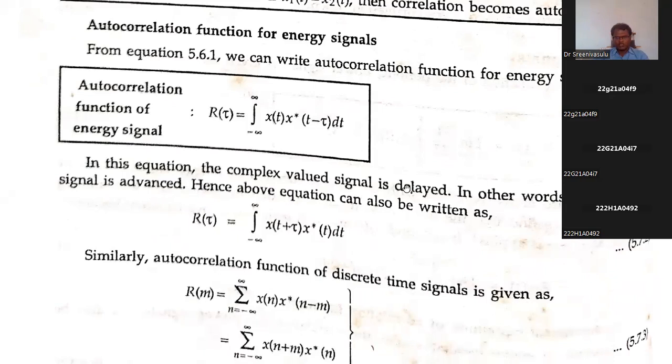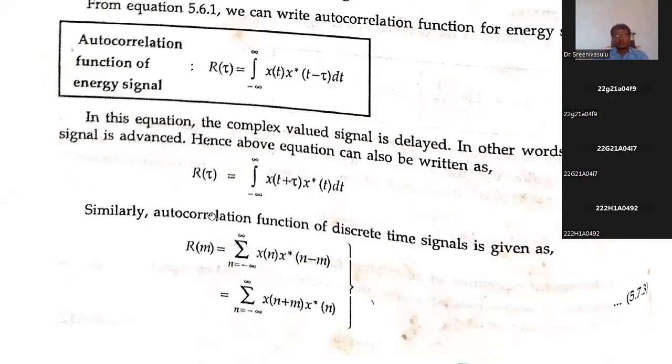Similarly, it is for continuous time. Coming to discrete time, like tau, a dummy variable, we consider another variable m. And instead of integration, we consider summation. The original signal is x of n. Another signal is delayed or advanced, depending upon this m value. Same formula. We are changing the integration to summation, variable tau to m. Usually in PTSP, the difference between these two, t plus tau minus t, we get tau. That is the same fashion here.